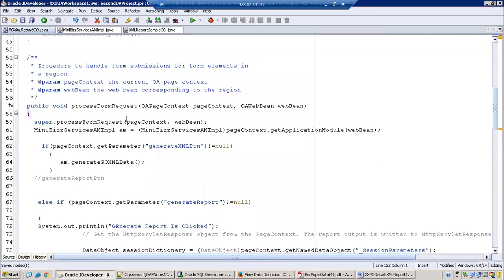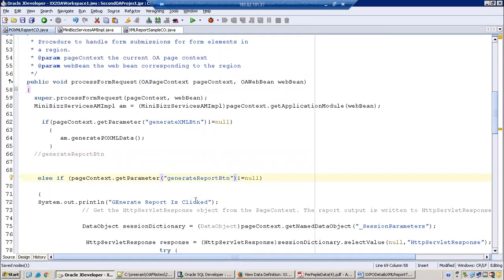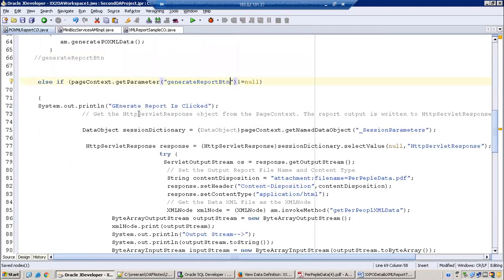So now here in this generate report button, I'm just considering this if condition. Now let us understand this logic. So it's a SOP, and then we are creating a data session object. And this will require an HTTP servlet response, because when you click on a button, you want to see the output as a kind of file dialog. That is where we require a servlet response.